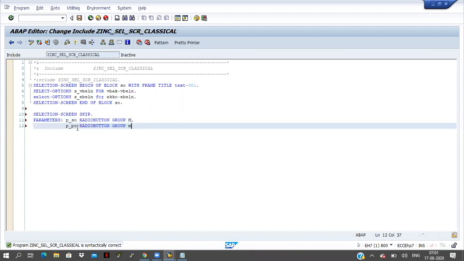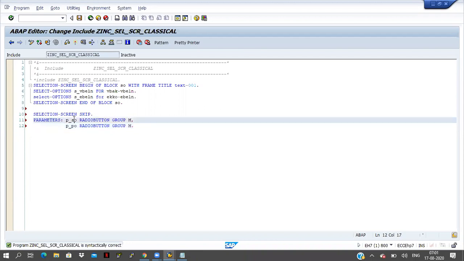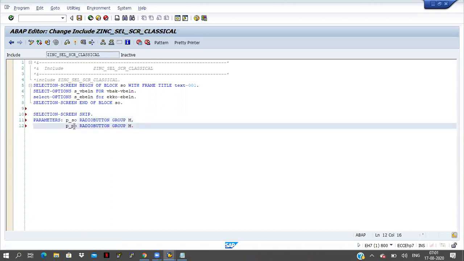Radio button M. I'm taking two radio buttons, p_SO and p_PO. SO means sales order and PO means purchase order.